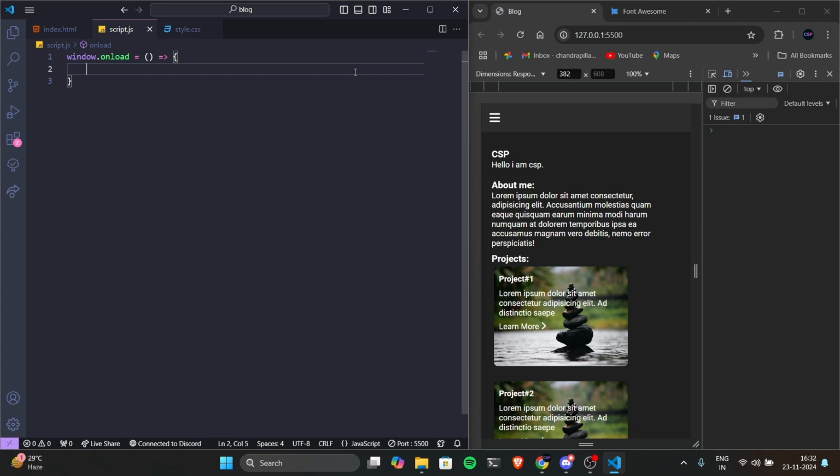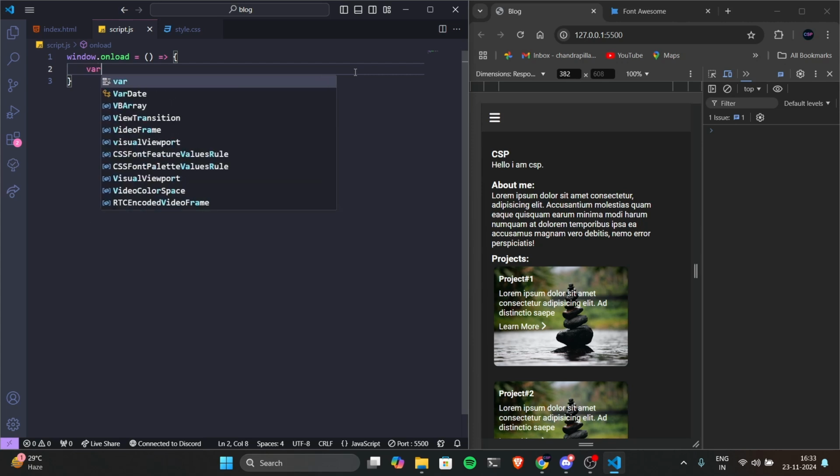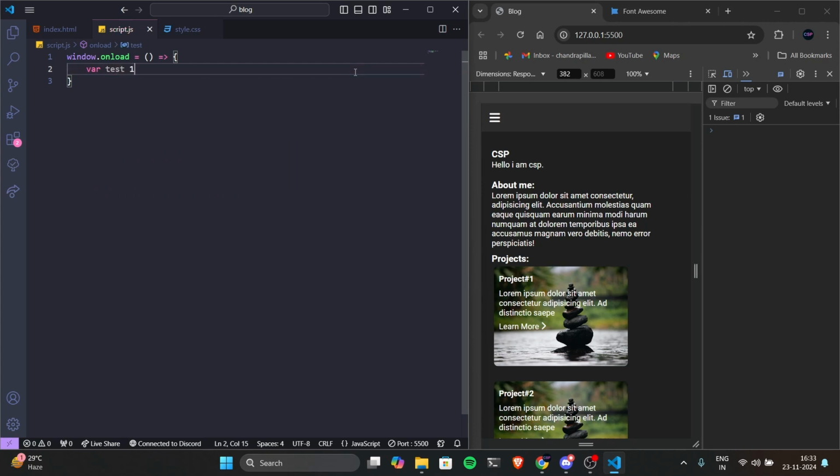For example, if I write var test equals 1, so it will take 1 as a number. Or if I do something like this, and then test plus plus